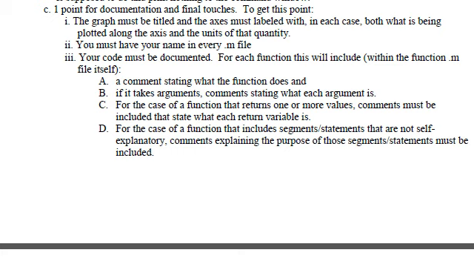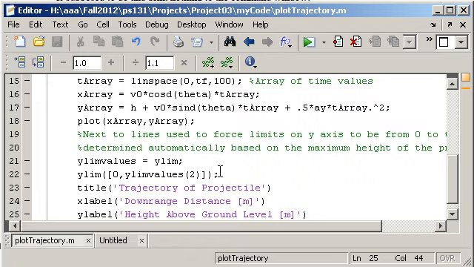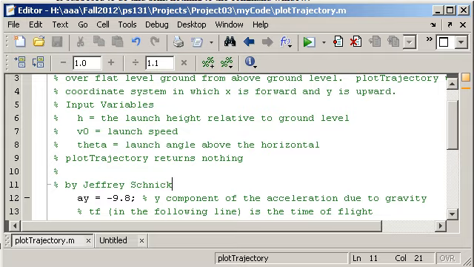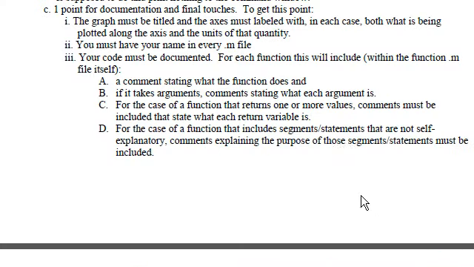Your name's got to be in every .m file. I can remember typing that in. But, yep, just to make sure, there it is. Then,